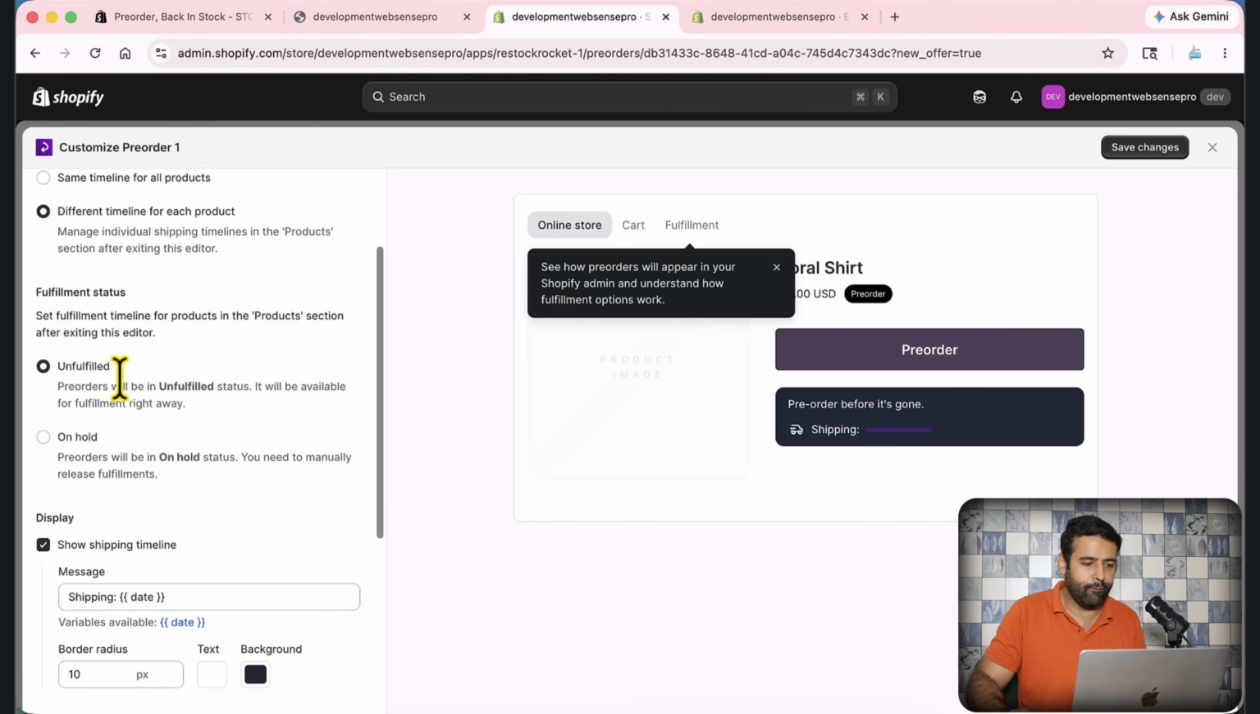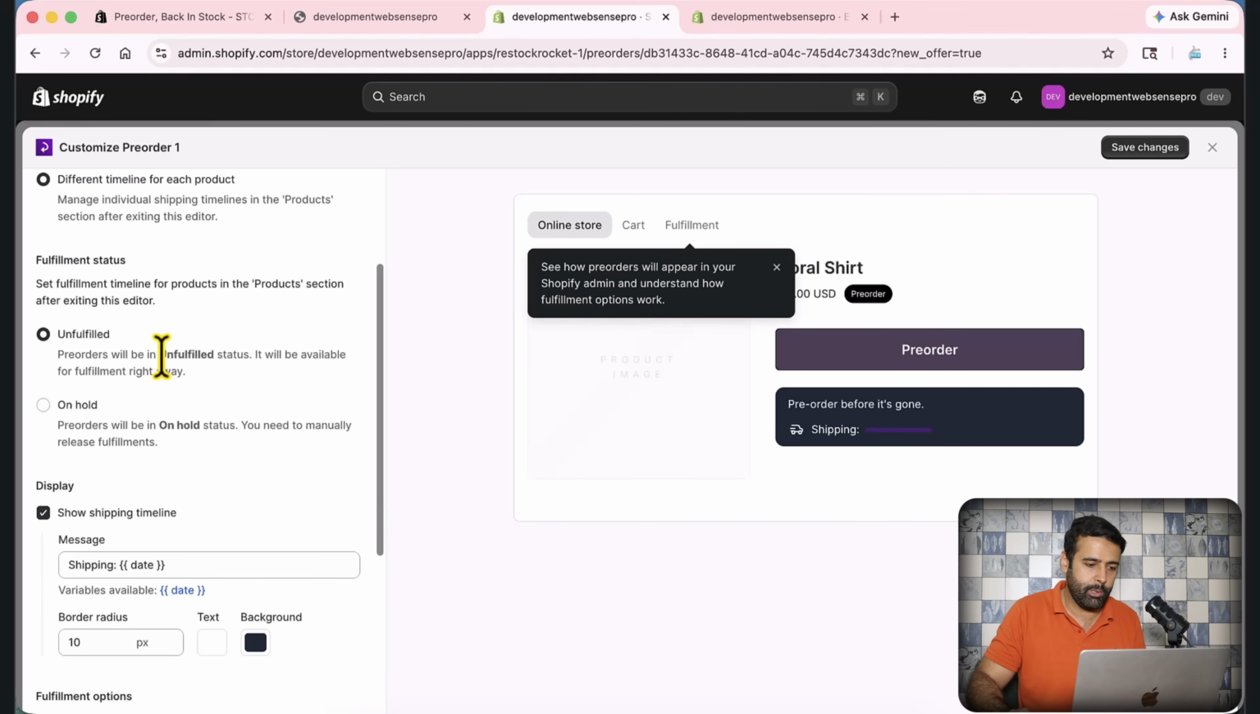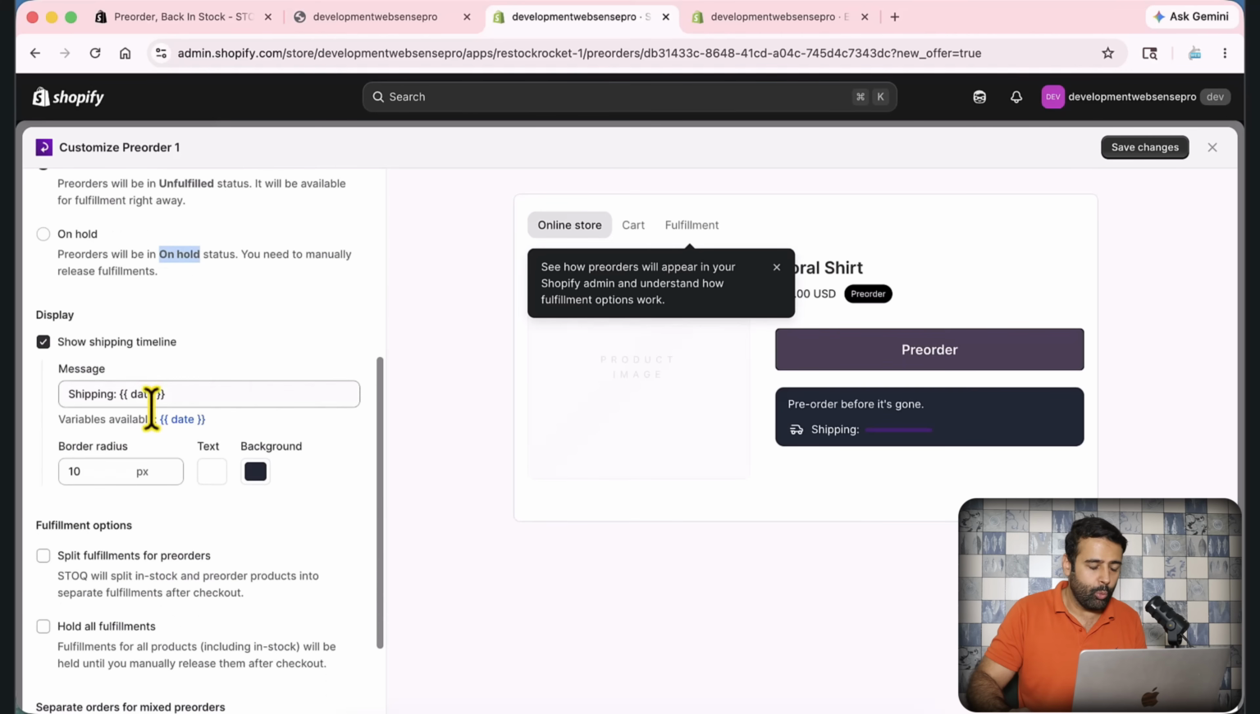Here we have the fulfillment status. So if the product is bought, what should be the status, whether it should be the unfulfilled status, or if you want to set the on hold status, you can do that as well. Now we can also